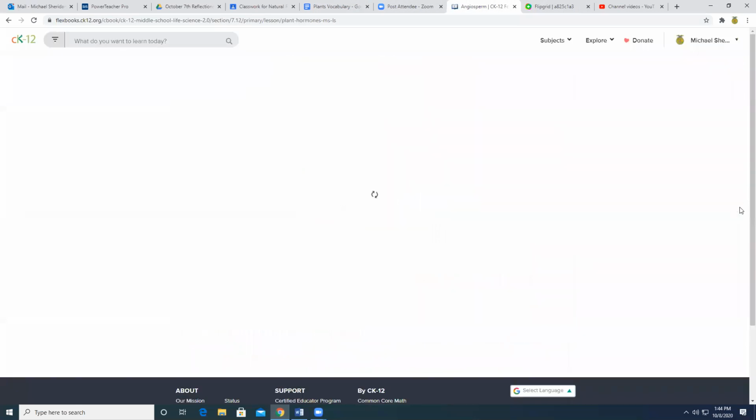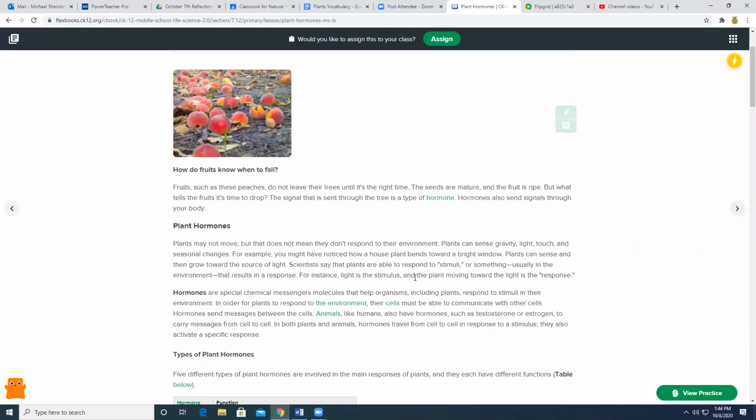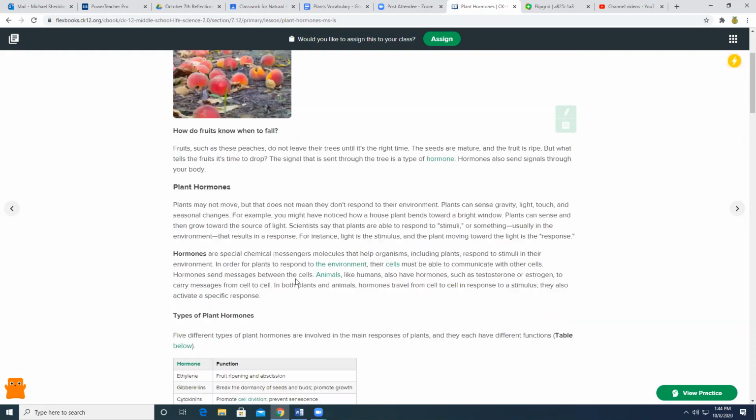I hope that you all took the time over the last couple of days to read these articles, because these plant hormones articles are, you can literally see it. You can look outside and see this stuff happening. So hormones, plants have hormones just like we do. They are chemical messengers, molecules that send messages to the plant that tell them to do something, whether they need to change colors because it's getting to be fall time, or they need to drop their fruit so that they can spread their seed, whatever it is.